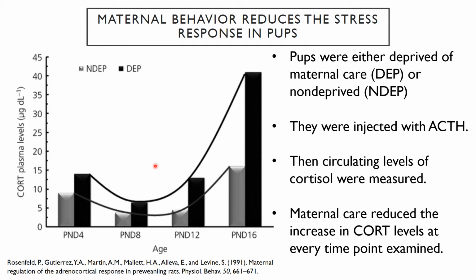All animals will be confronted with stress at various times, but those that are raised by good mothers, or at least are getting maternal care, have a more muted stress response. They have a stress response, right? There's cortisol that's being increased, but it's not nearly as much as it is for those animals that were deprived. And this seems to indicate that a poor mothering experience as an infant will lead to a much greater stress response and probably more likely to have negative outcomes than those pups that were raised by having good maternal care.